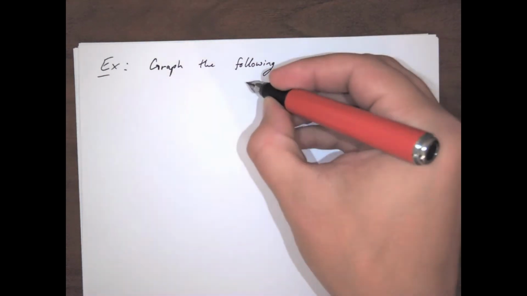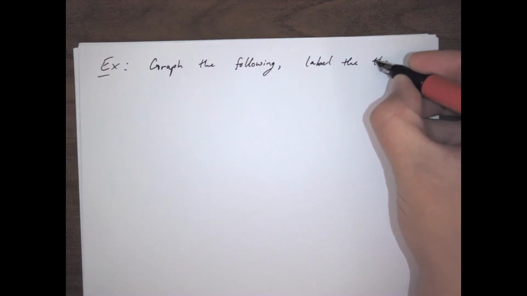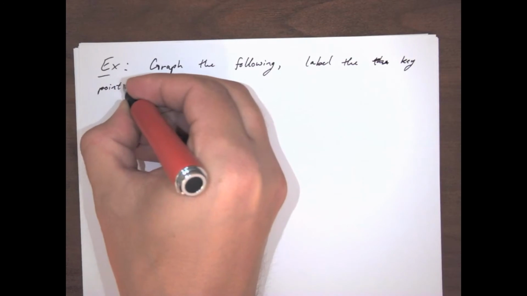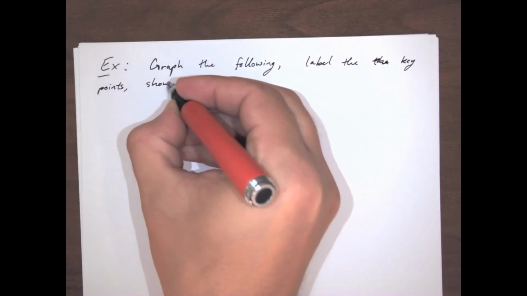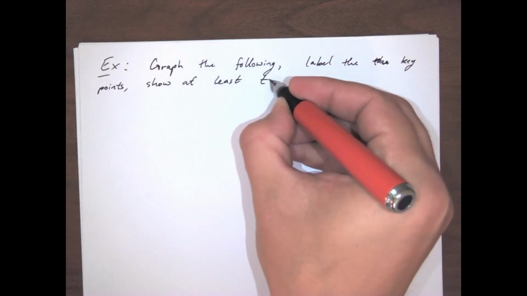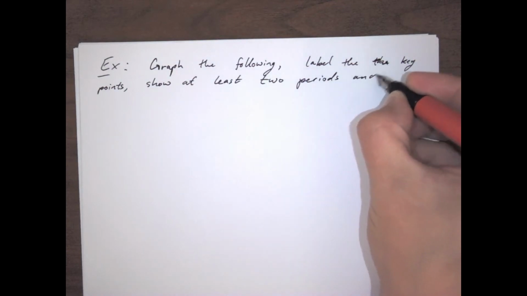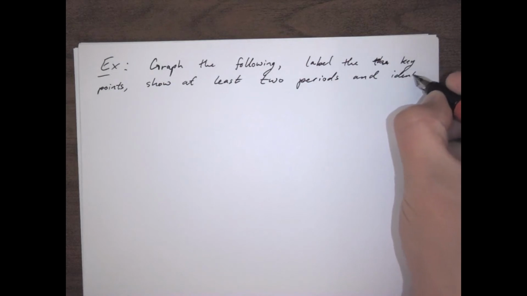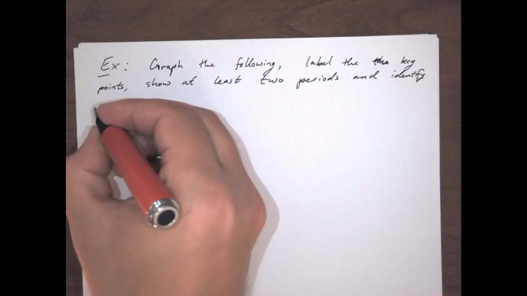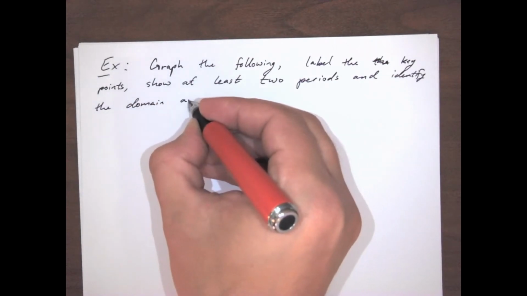Label the key points. Show at least 2 periods. And identify the domain and range